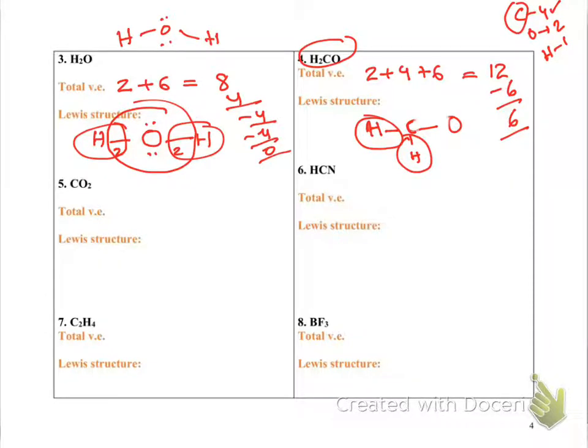So what we do is, with the leftover electrons, we first make the end element at the periphery stable, which is oxygen. Oxygen already has 1 bond. 1 bond means 2 electrons, so it needs 6 more to be stable. 6 plus 2 makes it 8. So now I used all my electrons.